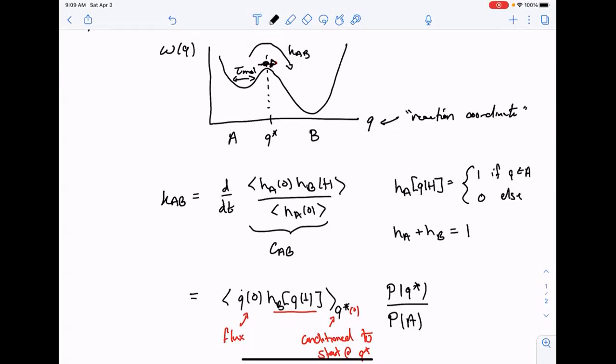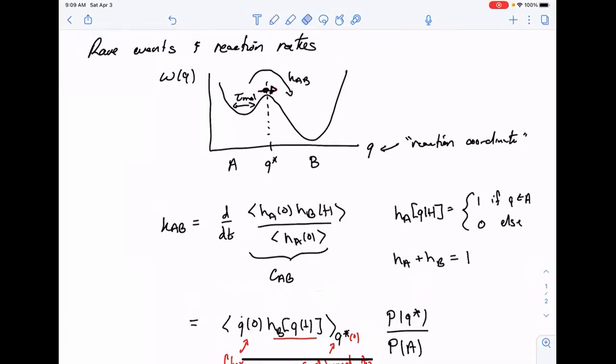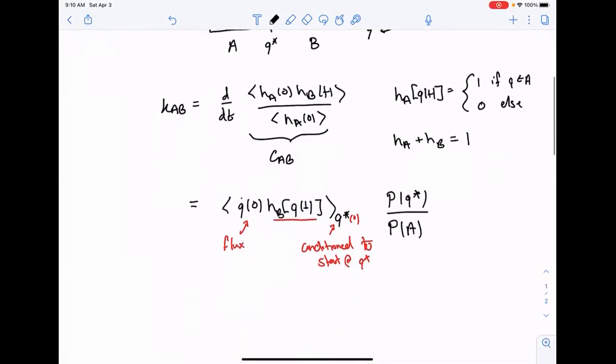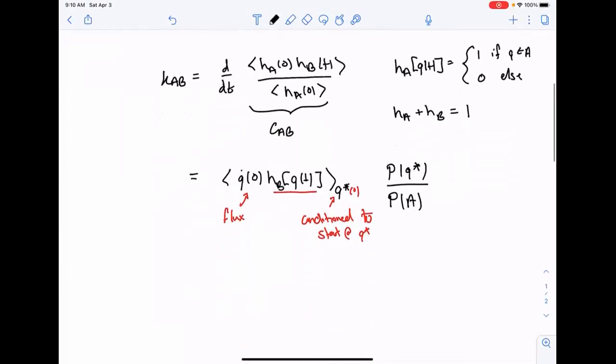That conditioning is important because it could very well be, in a complicated system, that an initial flux that points me in the direction of B gets turned around by some other degree of freedom not being represented in Q, like a coupling to the bath or some other internal degree of freedom that this molecule is experiencing. Additionally, the opposite could also be true. I could start in the wrong direction and through fluctuations end up committing to B. And so that conditioning allows us to correct for those things.